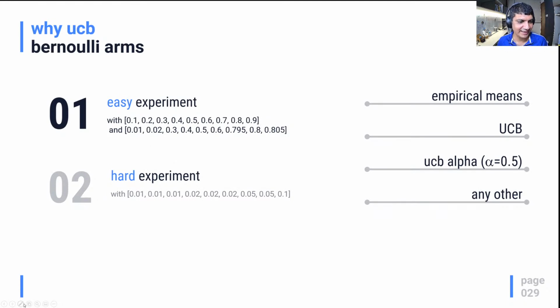There is a slightly difficult experiment here, and I will highlight what those differences are. If you see these arms, the rewards are nearly the same. Your bottom ones, I've kind of grouped below, and then you have these remaining arms which are just sitting in the middle, quite separated, so there's a decent amount of separation between them. So let's play around with that and see, does empirical means or UCB or UCB alpha give me